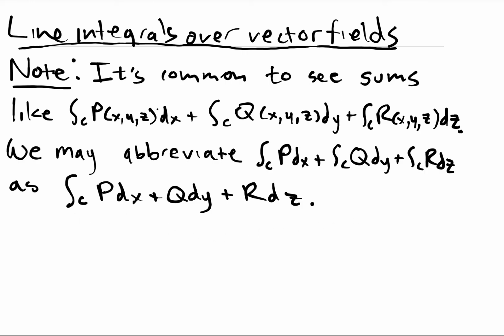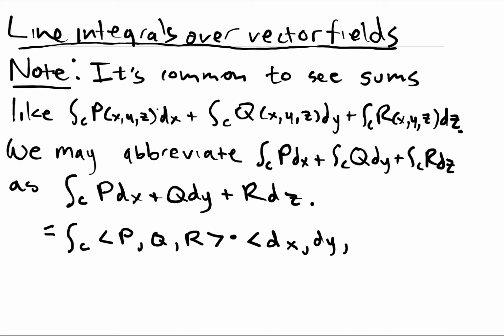So I just grouped all these together into one piece. Now, comment on the setup here and why I was tying this into vector fields. You could make the observation that this really looks like we're integrating a dot product. Right? If I took P, Q, and R as these functions that were components for a vector, and then I dotted them with this vector of differentials dx, dy, and dz, what this really looks like here is this thing